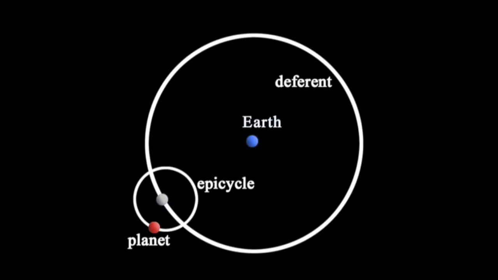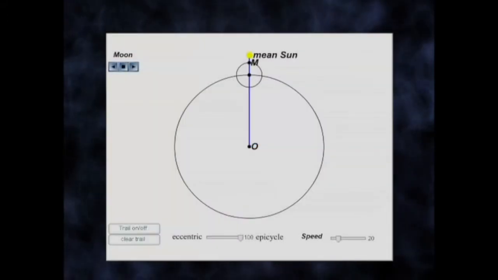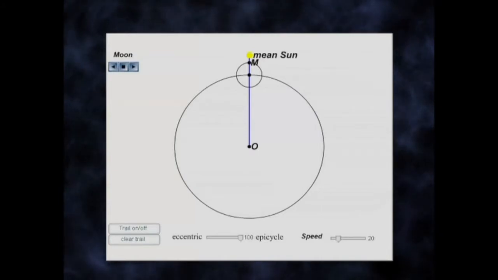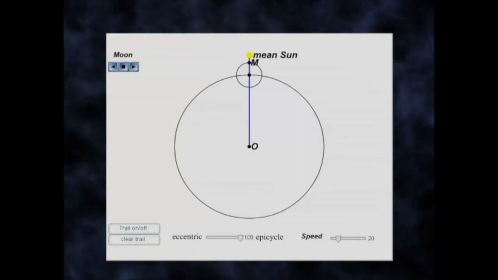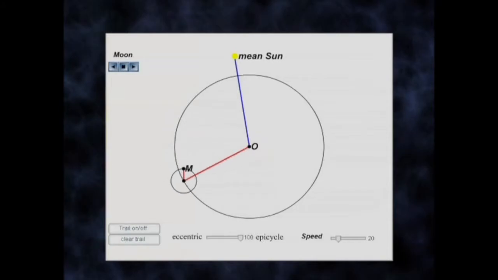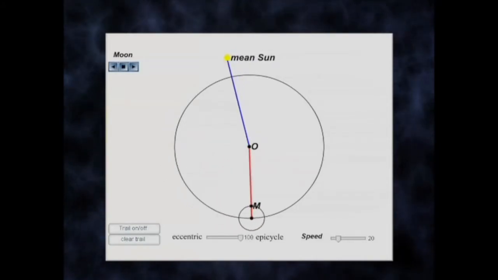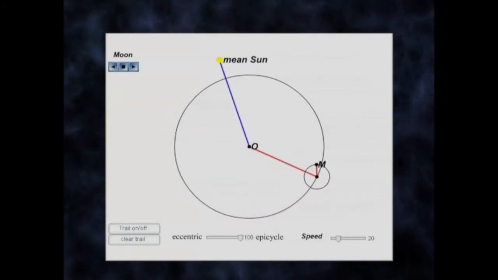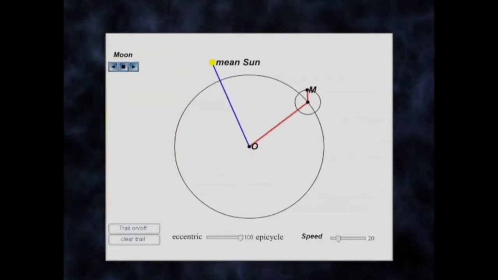This was used by Ptolemy in order to create a basic moon model, and we have that for you here. The observer, again, is at O. C is the point moving around the deferent circle, and M is the point moving around the epicycle circle. And you can see that it makes an interesting motion. But if I only turn on the trail,